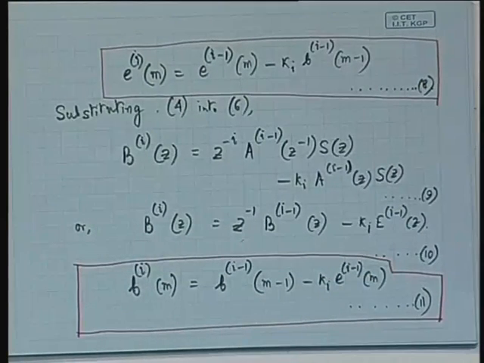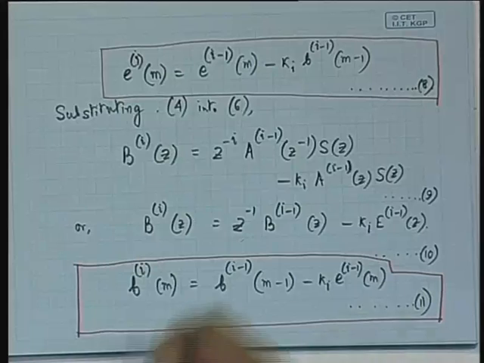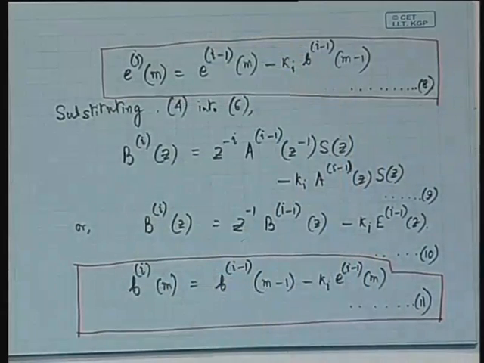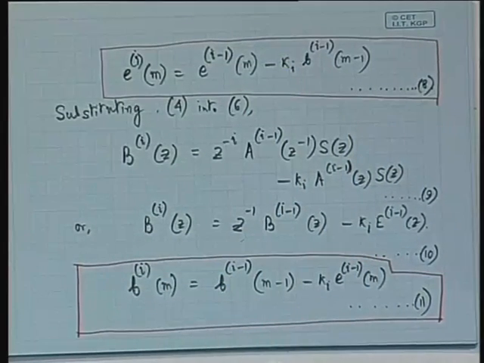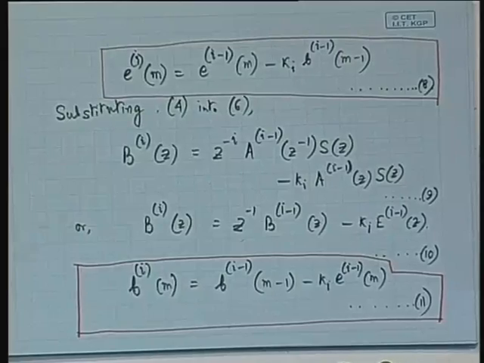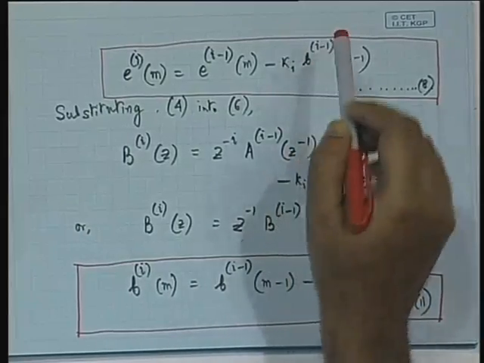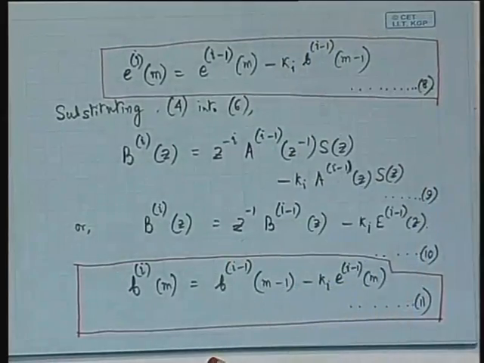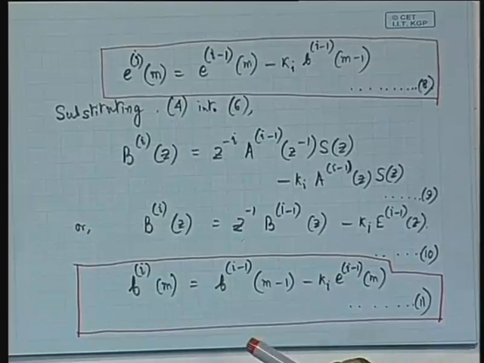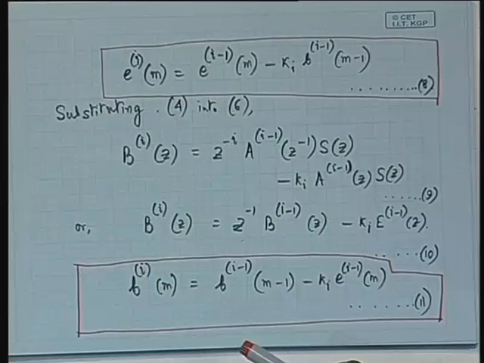We want to determine E1 of m. We know E0 of m. E0 of m is nothing but S of m, the sample value itself, minus Ki B0 of m minus 1. We know B0 of m minus 1, because B0 is nothing but the sample itself, that is going to be S